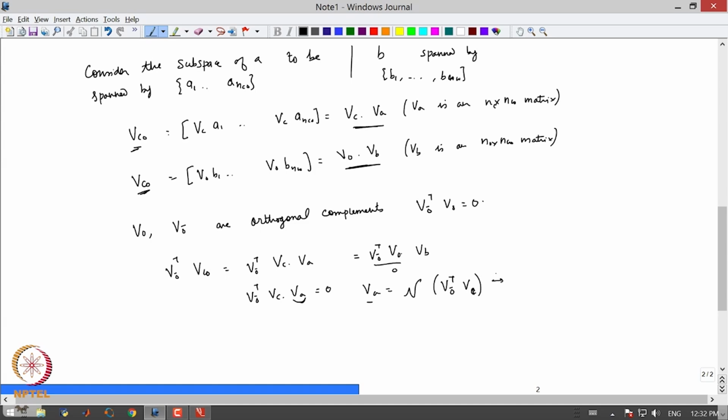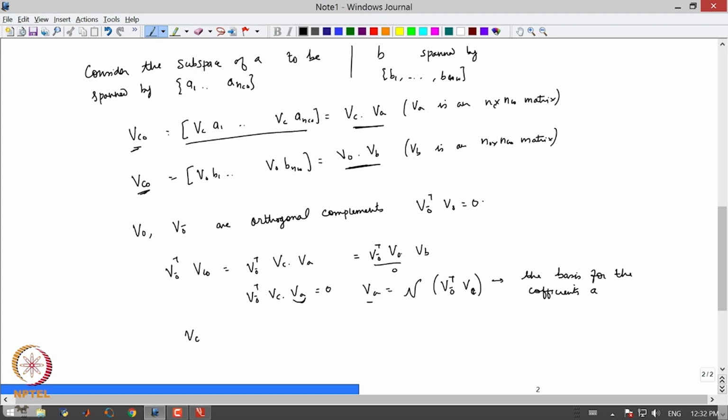This V a is the basis for the coefficients A. From here. Okay. And therefore, now if I go one step further,